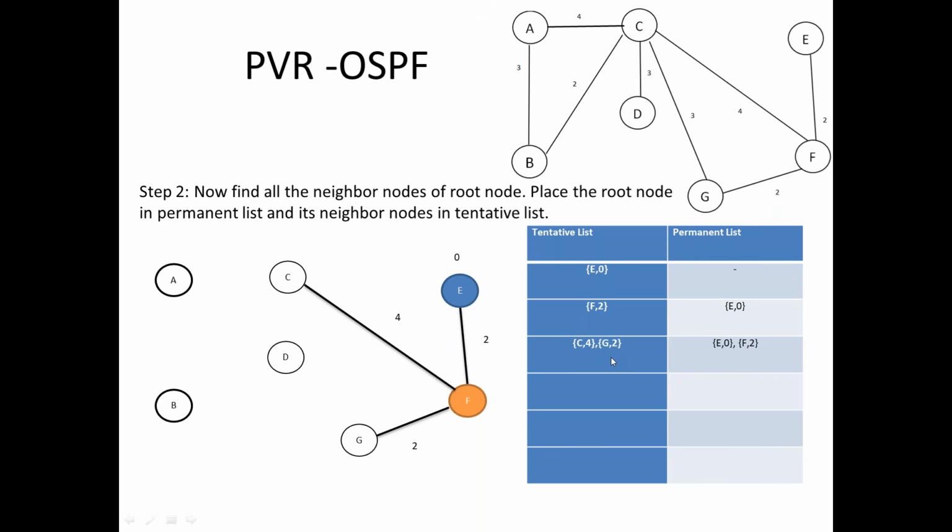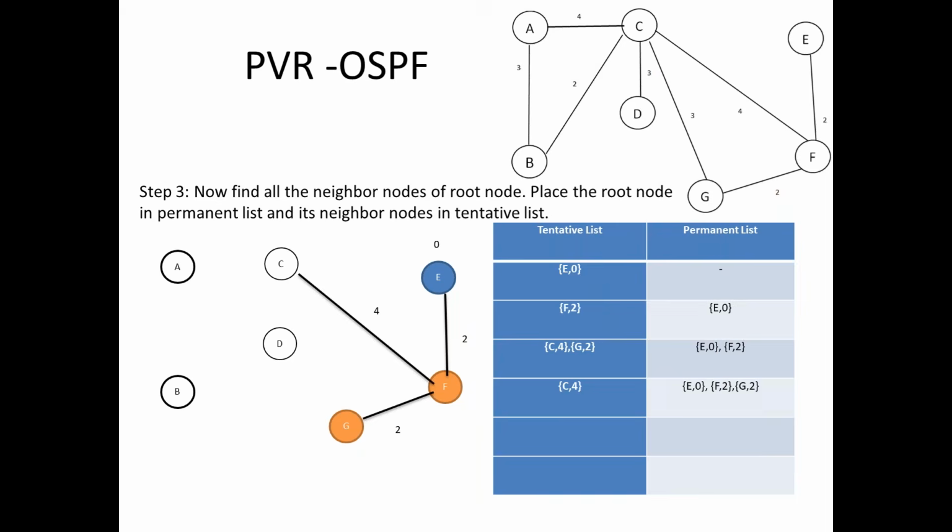Now we have to consider among these two, that is C and G, which one has the least value? That is, C has the cost 4 and G has the cost 2. So in our next step, we have to consider G because G has the cost 2, which is the least one among C and G. So now G will be added to the permanent list, and for G there are no neighbors because it is connected with